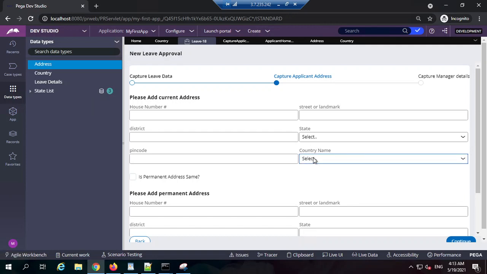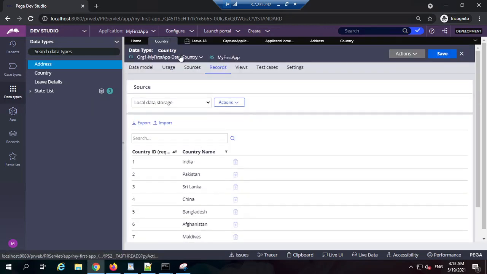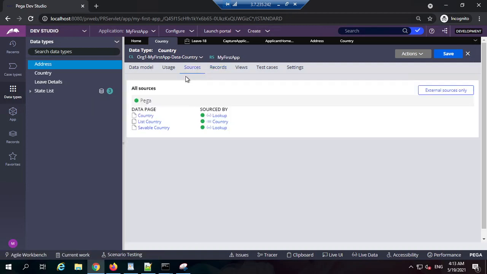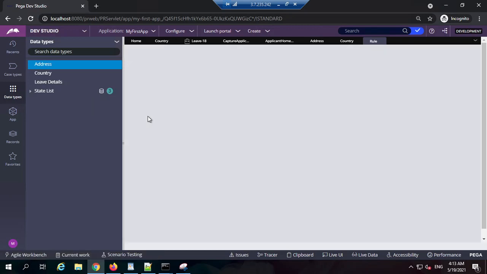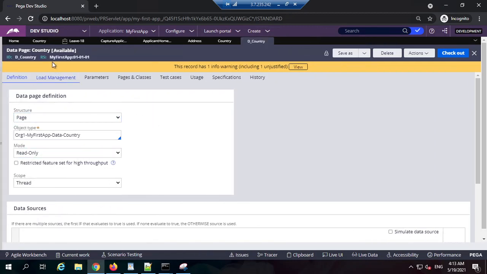Now let's try to get the drop-down populated with the values that we created using this data model. When we configured the data source, it already created these pages for us. It is saying you have three data pages available. If you want to get only one record, you can go for this one. So let's see the data page rule. This is a single page data page, a data page having a single element with a page structure. So what does this mean?